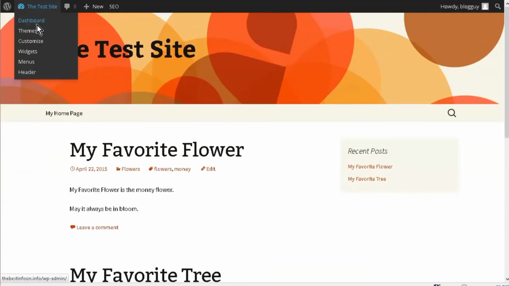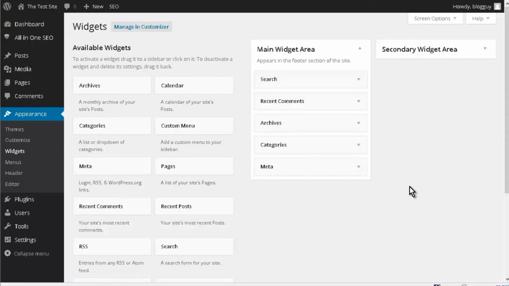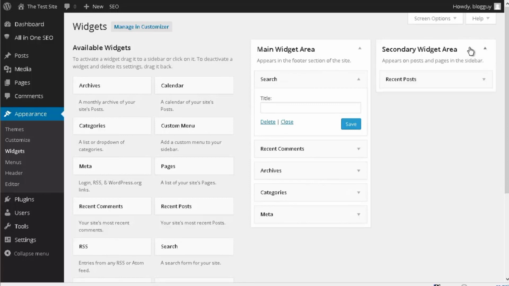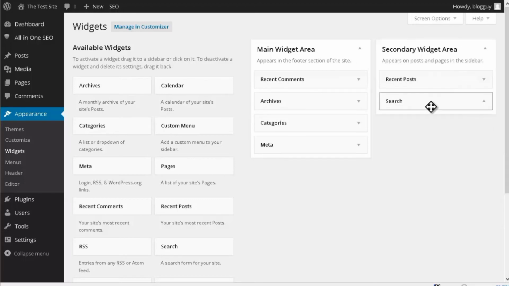Let's go back to widgets. And then let's decide what we want. So we're going to move, let's open that. Now we're going to move the search over here. So you can just grab it by the handle and then pull it over there. And then you can switch the order of them just by